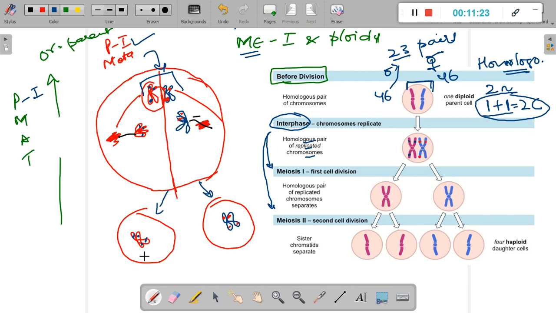So at the end we get two cells, right? And now what is the ploidy? Are these chromosomes homologous? Are they from two different parents? The chromosome belongs to only one parent. It's only that a little bit of gene is there, and that's why we consider these chromosomes as homologous chromosomes. And the ploidy here thus becomes haploid, which means